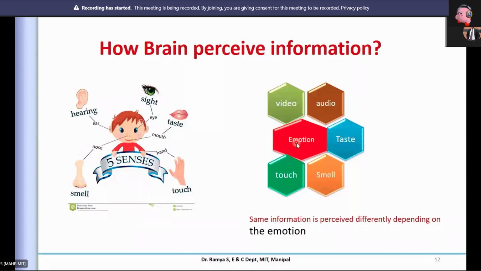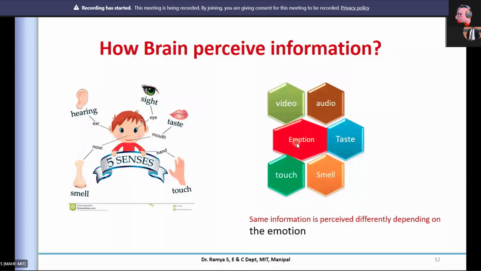Okay, do you agree? Maybe when you go back to your home after a long time, whatever mother cooks, you may feel very nice, or you may have a different opinion compared to the previous time. So what you perceived at that time depends on what emotion you have at that particular point. The same person may have a different emotion and perceive it in a different way. So this is a known fact, but can we use this concept for programming? Ultimately, can I reprogram? Can I make use of this concept for my advantage, in a positive way?